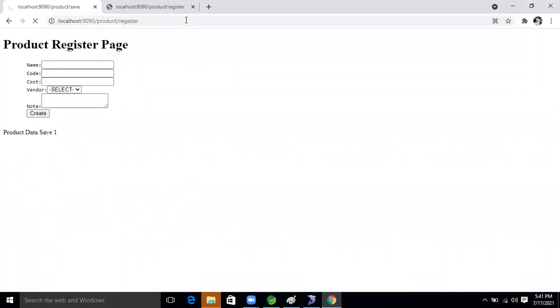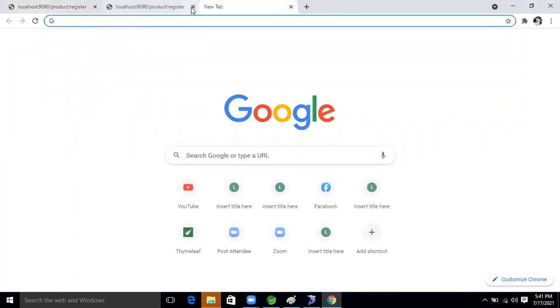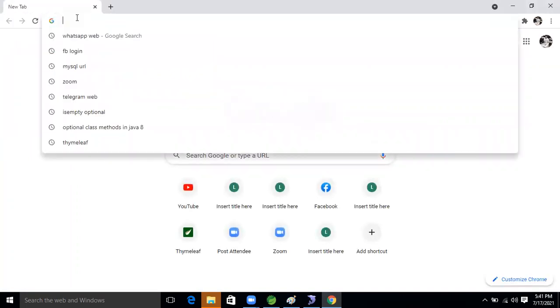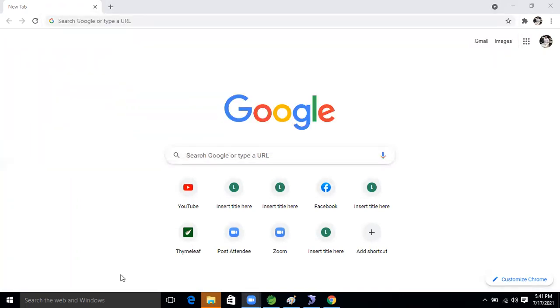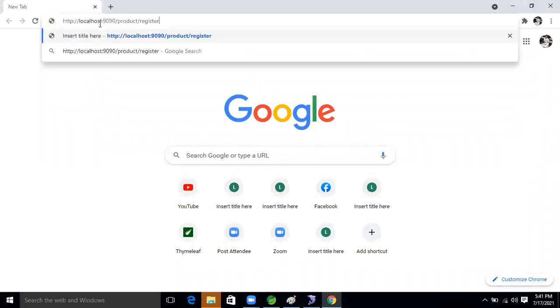Register button, click on that. Yes, guys. So here let's paste it, right?